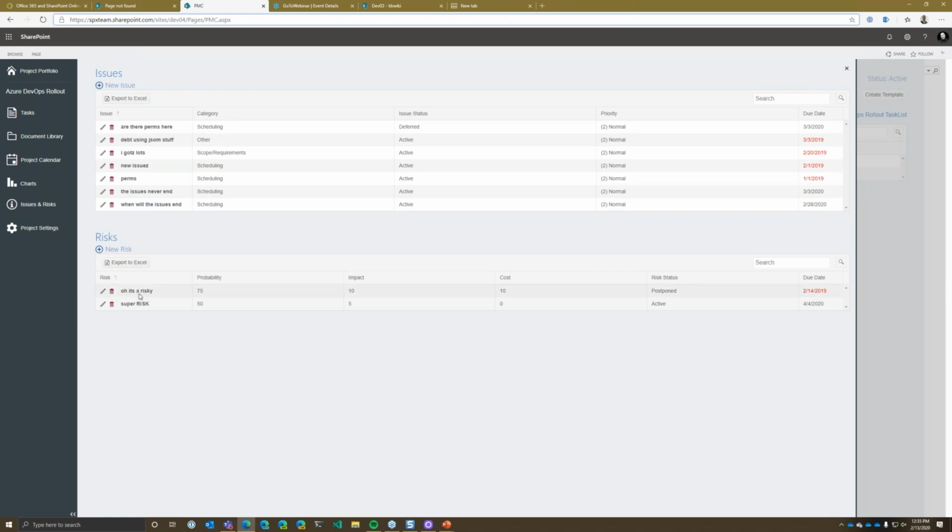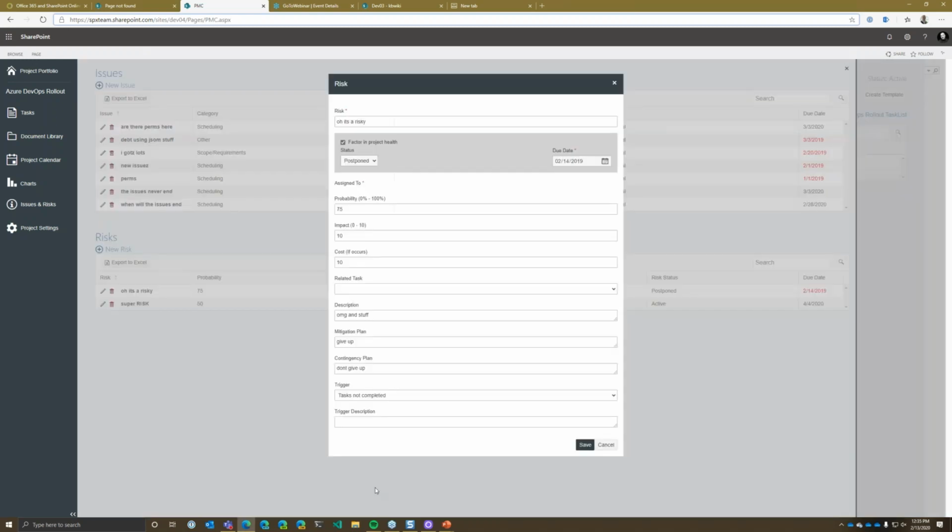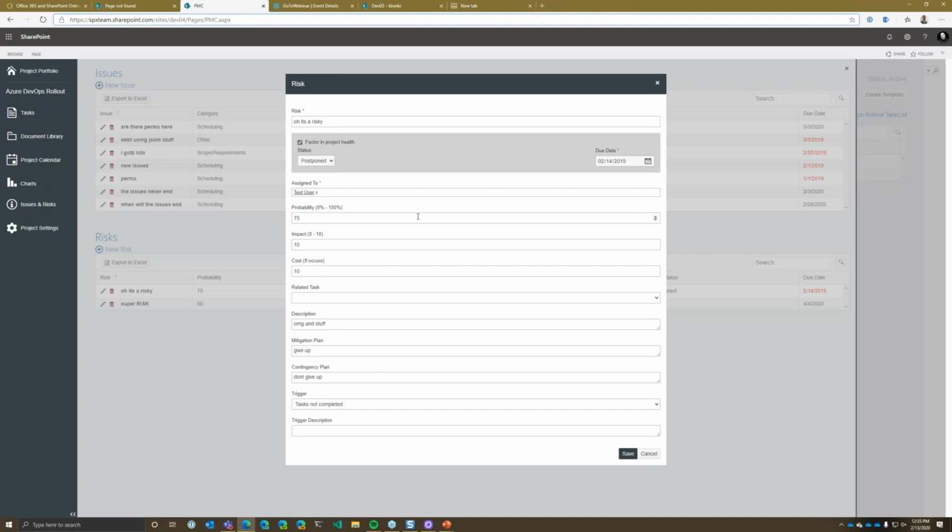So we do track risks in the system. Risks have more data being collected around them so that eventually, maybe in the short-term future, we will be providing that 5x5 risk matrix that we're all familiar with and have seen in the risk management space. So we are starting to collect that data here so that we can now drop in that chart in a future update,